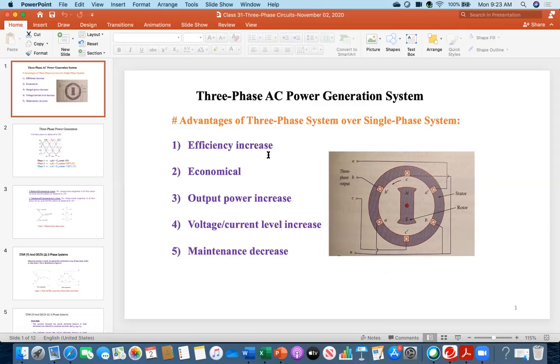How does the efficiency increase? Because you are getting more output. You are getting output from three sets of coil, but your input is the same. You have only one set of magnet; you don't need three sets of magnet. That also helps, because then you'll have ripple DC. Yes, there are many other benefits.